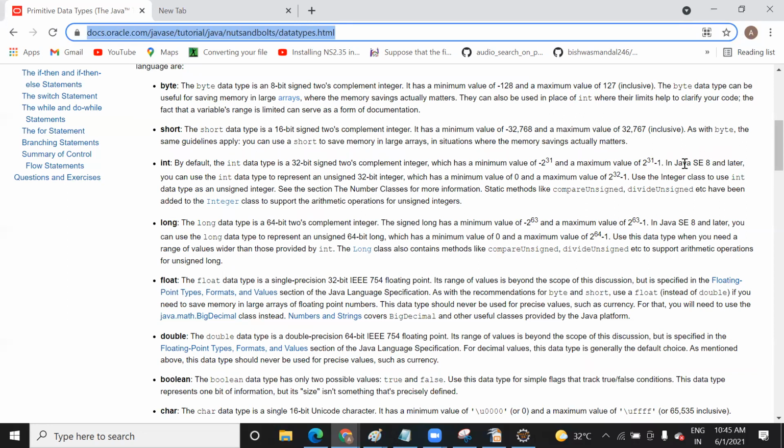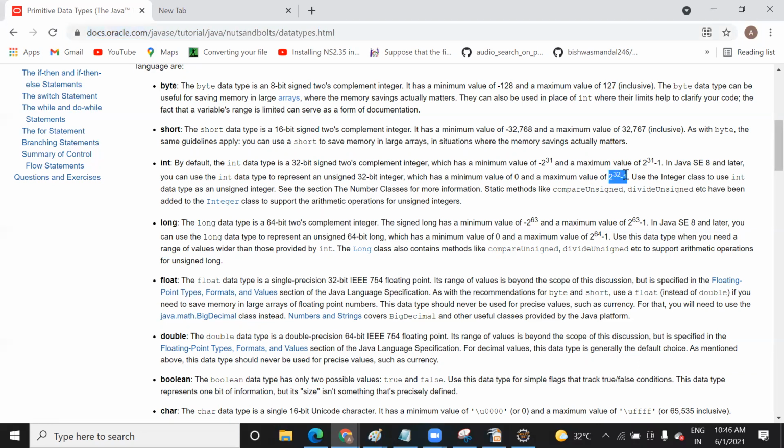From Java SE 8 onward, the integer data type can be used to represent a 32-bit value, from 0 to a maximum of 2 to the power 32 minus 1. That is a very large value that can be held by int. If you have a very large value, you can use long. Long can hold a 64-bit value. Similarly, we have float, double, boolean, and character.